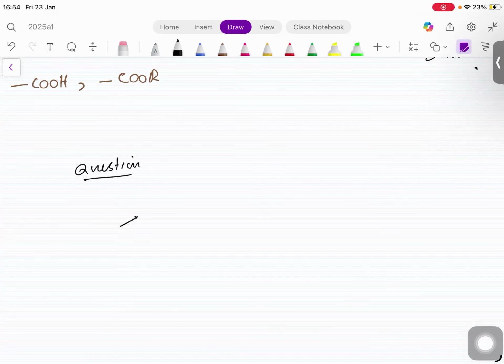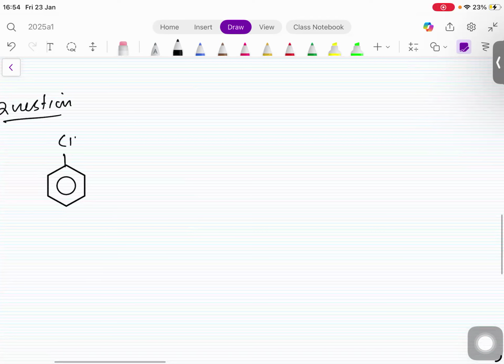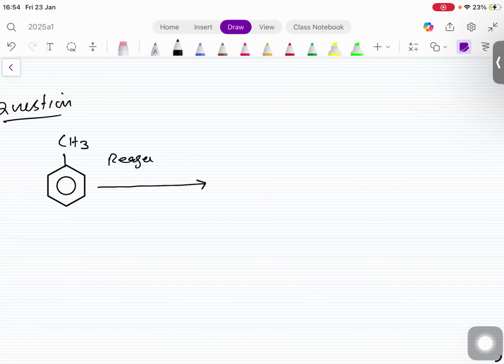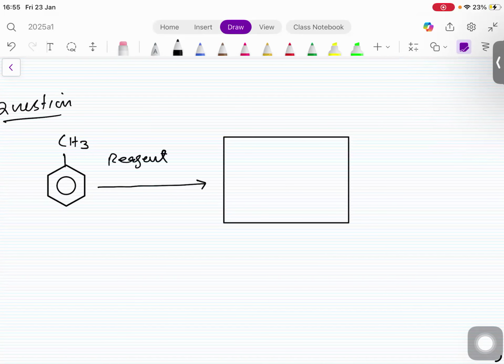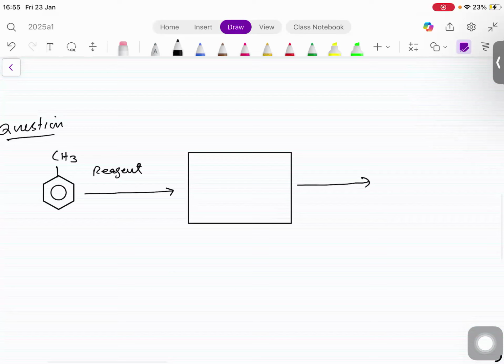You have to draw this with me. This is a benzene ring having a methyl group attached on the top. You have to react it with a reagent and form a product. And this product reacts again with another reagent